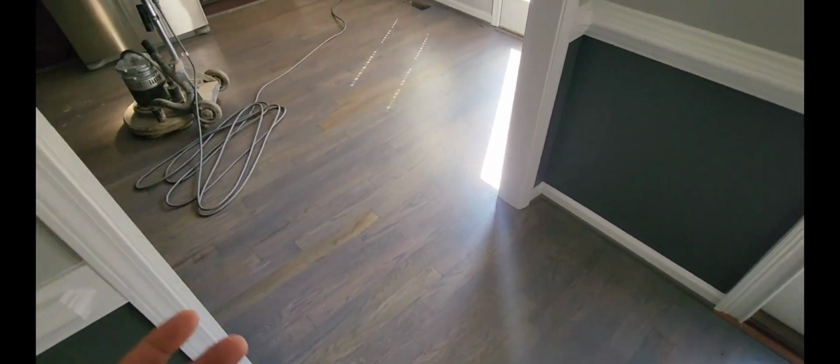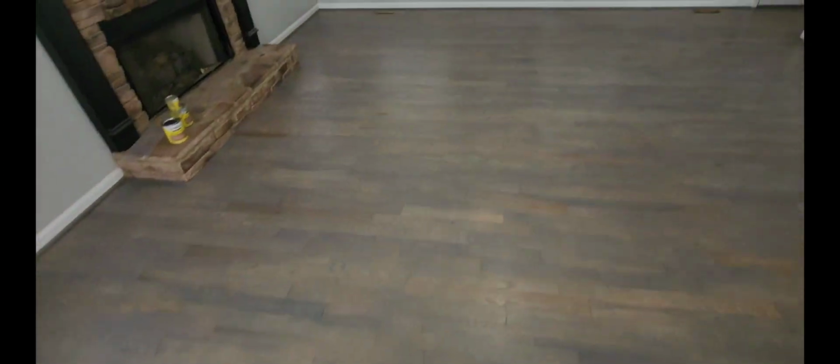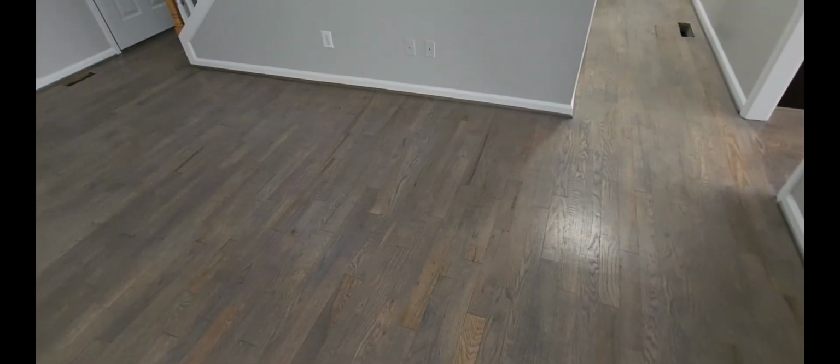What I always preach and talk about in my videos is that when you get cheaper prices, these are the things that can happen. The reason is that whoever sanded the floor did not use enough finish, or they used cheap finish and it wears off. A lot of times when you get cheaper prices, you have to ask yourself, if one company told me, let's say, $5 a square foot, and another company told me $3,